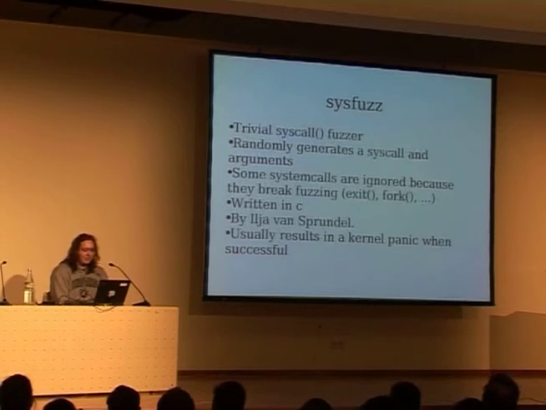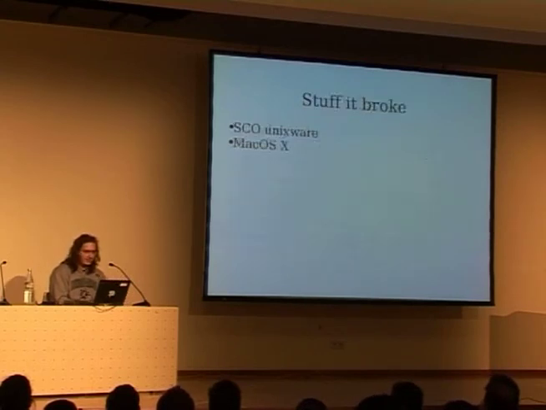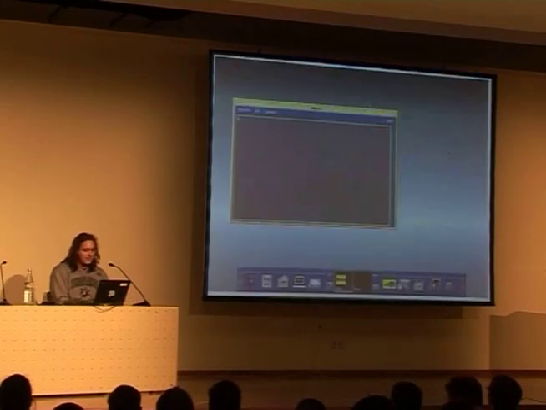And there are a couple more, such as things that sleep indefinitely. So you want a list of things that you don't want to fuzz, and besides that, everything else is fine. Usually this results in a kernel panic, or on Linux an oops message. It broke SCO Unix, and I'll give you a demo of this in about 2 minutes. It breaks easily, and the panic's kind of neat. And then macOS obviously broke, because macOS breaks on everything. Right, so this is,